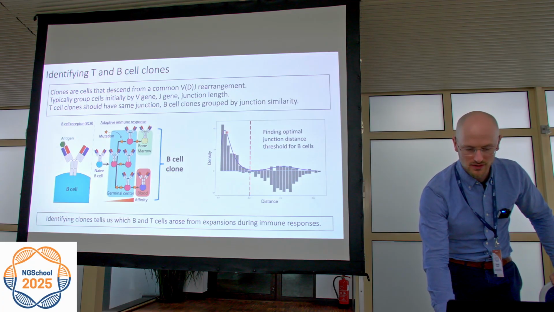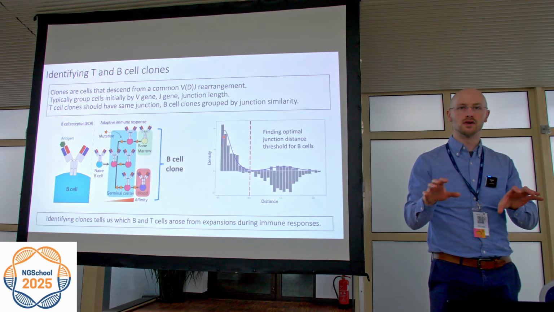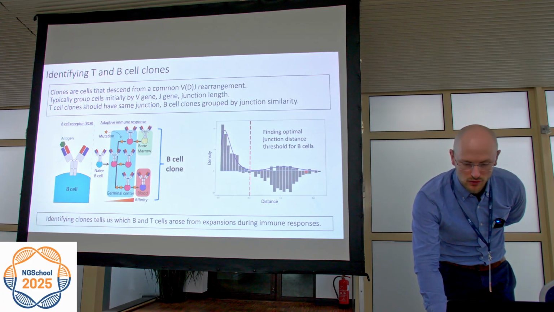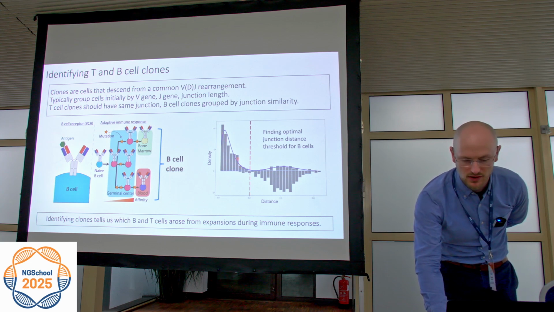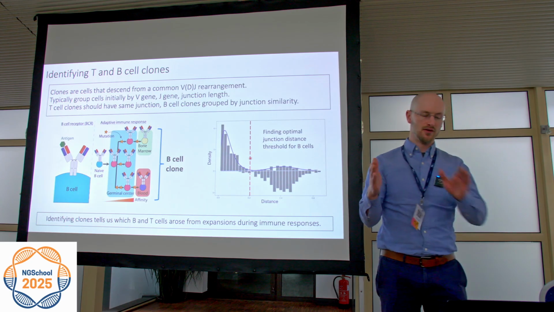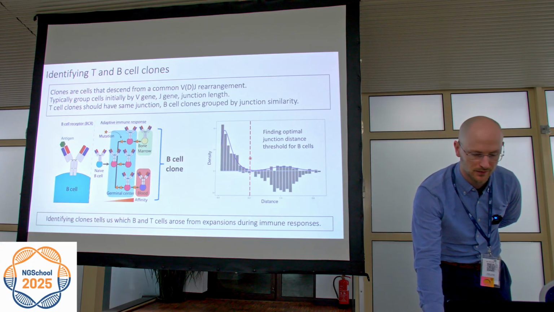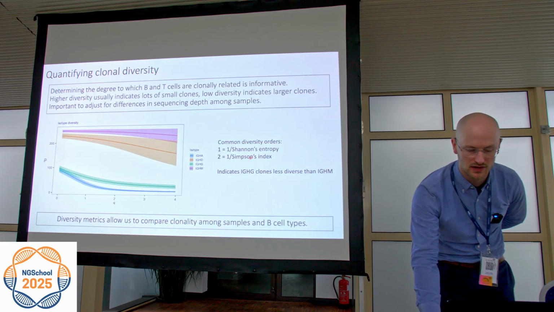The way that we tend to do it is by visualizing the distance of each B cell to its nearest non-identical neighbor. And if you do that, you often get a bimodal distribution, which is interpreted as differences within a clone and differences between clones. And we can set the threshold by finding the minimum between these two bimodal distributions. So this is important because it tells us which B and T cells arose from expansions during immune